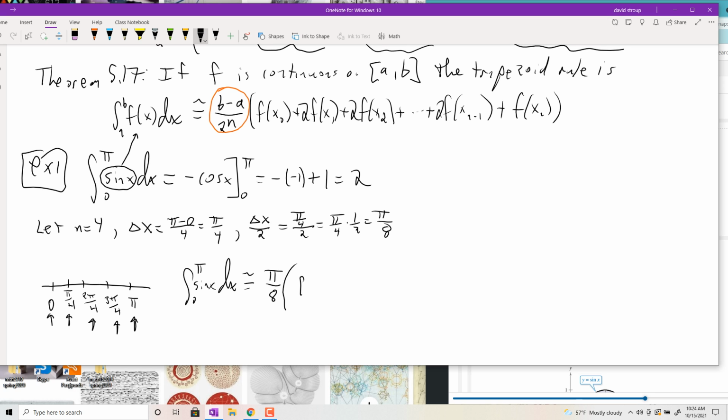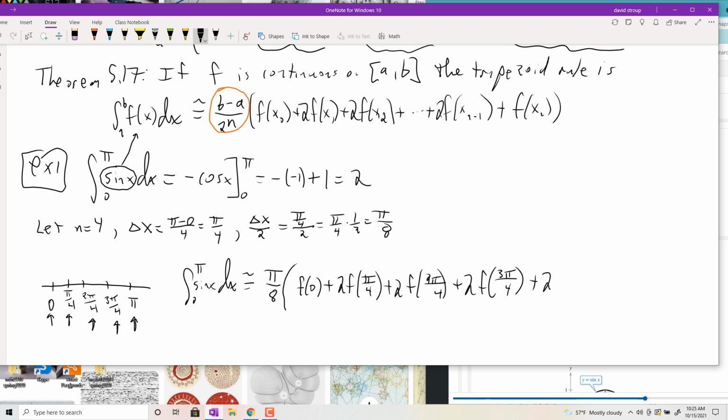So I have f of 0, plus 2 f of pi over 4, plus 2 f of 2 pi over 4, plus 2 f of 3 pi over 4,